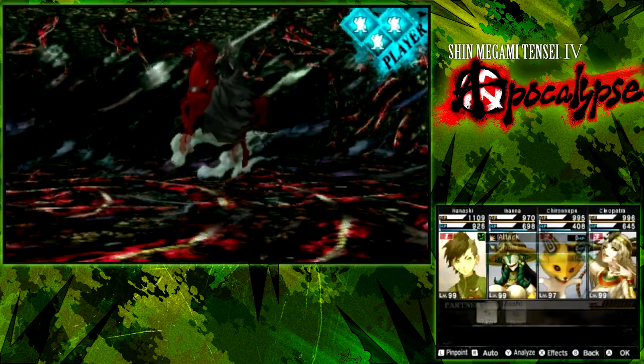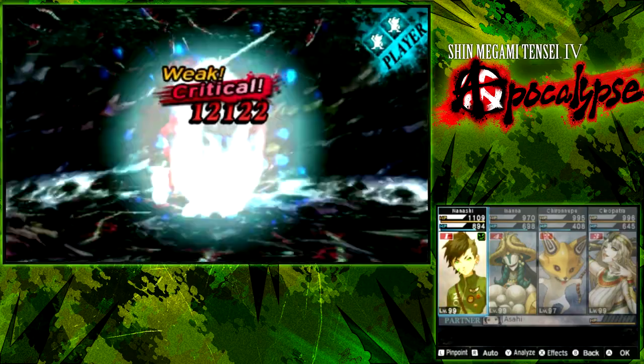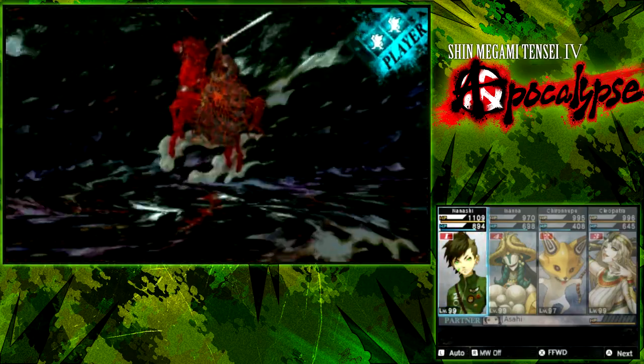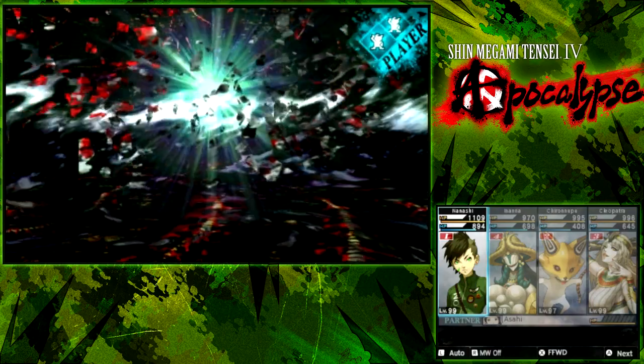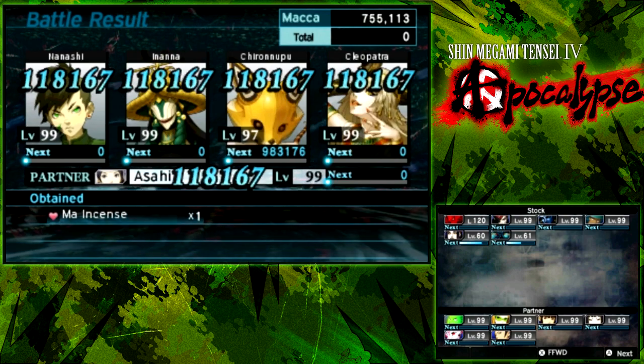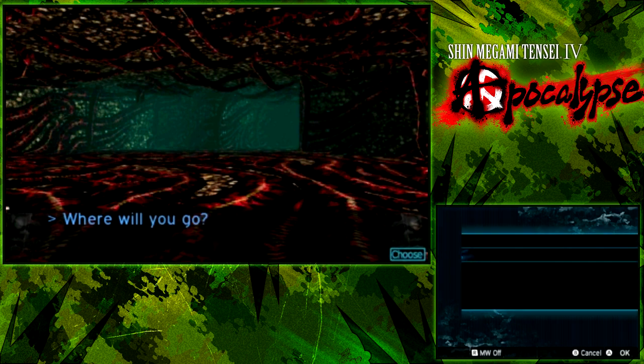Yeah, I hyped it up like, oh my gosh, he could actually be really tough, but he's already done. Holy crud. Yeah, Red Rider kind of on the weak side. So much for your paths. Got a magic incense, though. That's not terrible to get and give that to Cleo or Nanashi. Alright, we beat another fiend. Now on to the next floor of Twisted